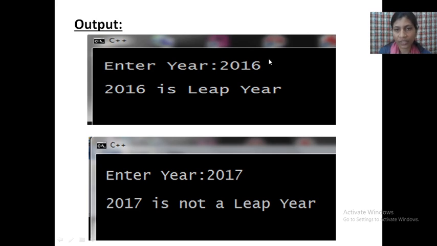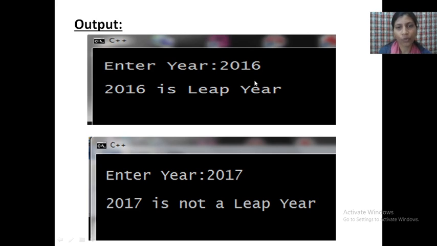Between 16 and 17 there is only a 1 year gap. After 2016, the next leap year is 2016, 17, 18, 19, 20. 2020 is a leap year.